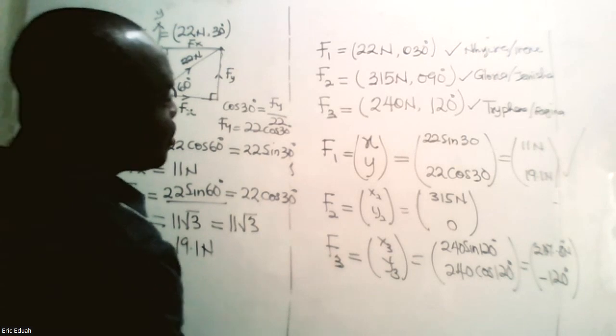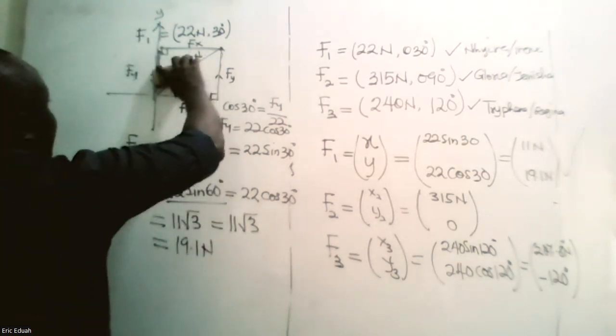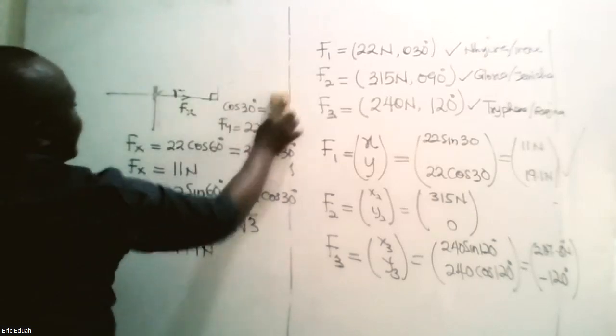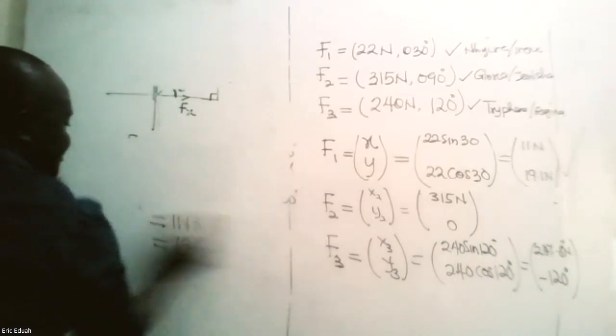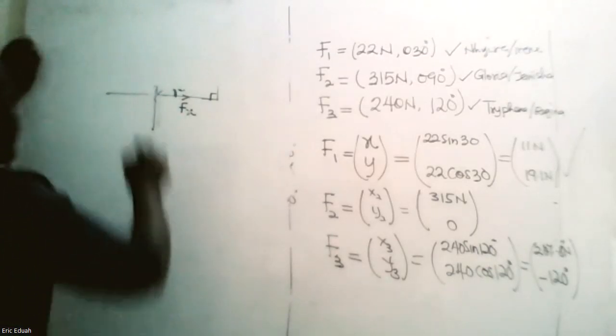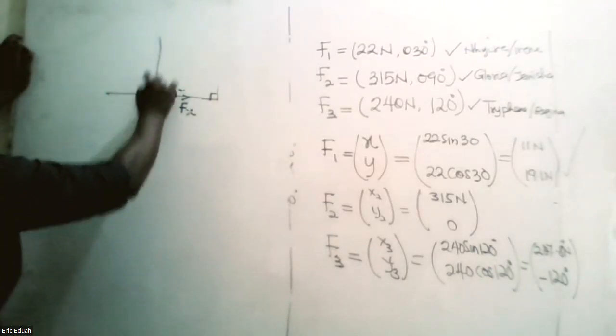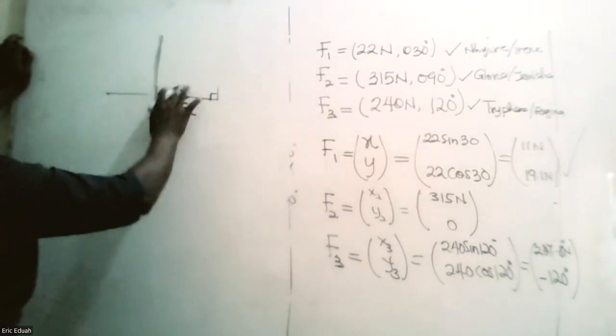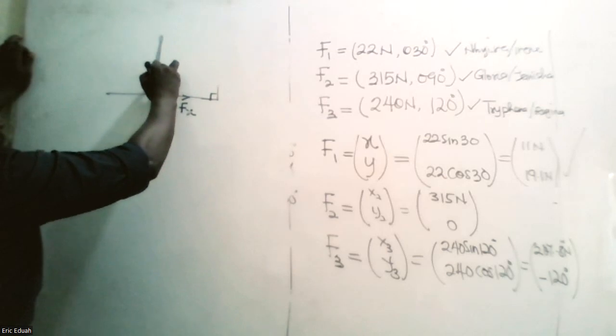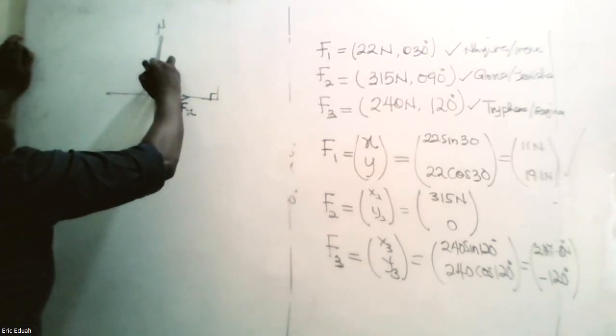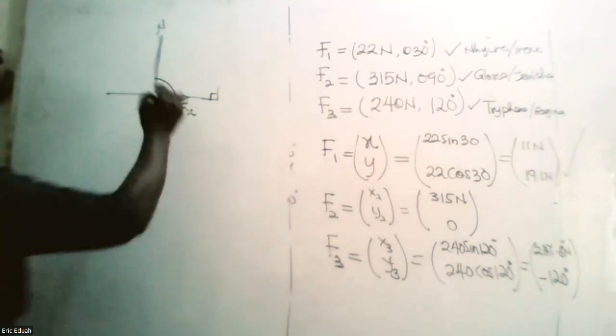So Gloria and Janisha, a judgment time for them. 315 at 90. If I'm taking my angular measurement from the north, I have 315, and the angle is 90. Now, if you are going by x,